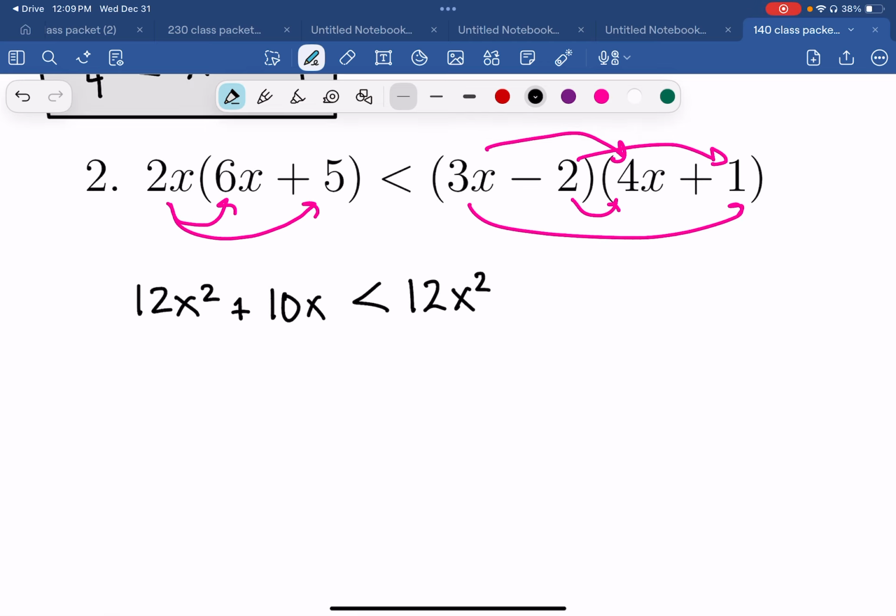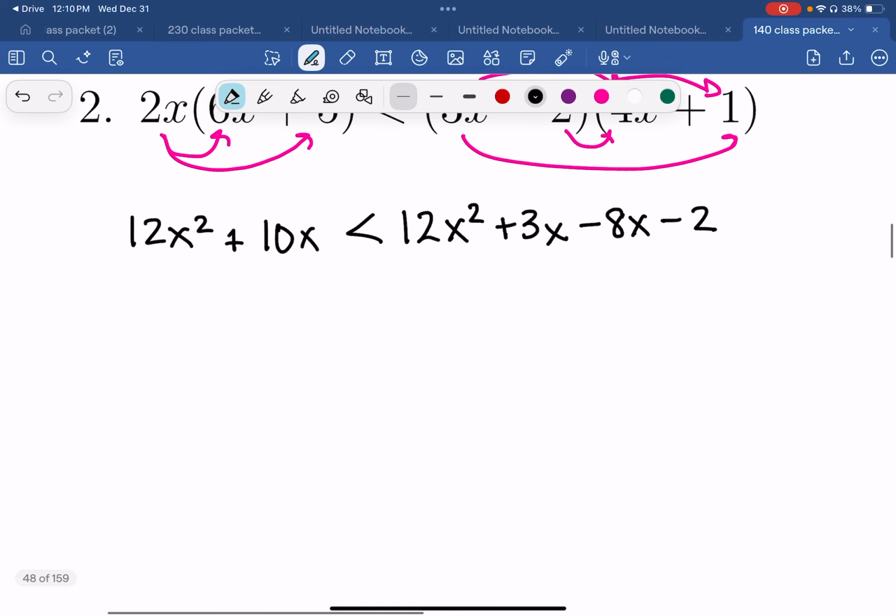On the outside, your O for FOIL, that's your 3x times the 1, so that's plus 3x. Your inside is the negative 2 times the 4x, so that's negative 8x. And your last is the negative 2 times 1, and that's negative 2. Now you can see here that once I've done that, these two terms are like terms, so I can combine